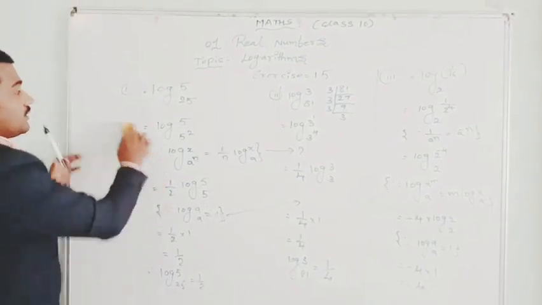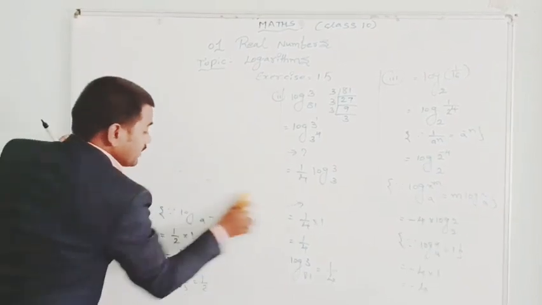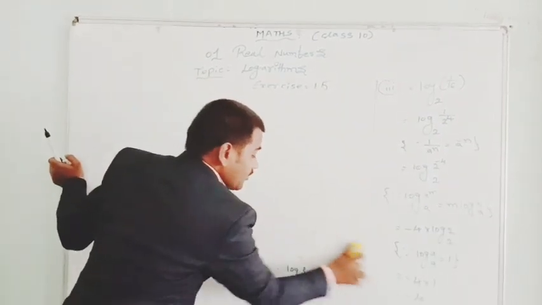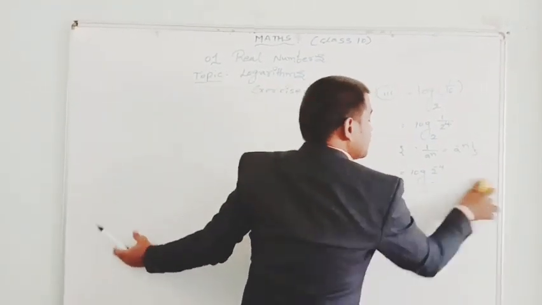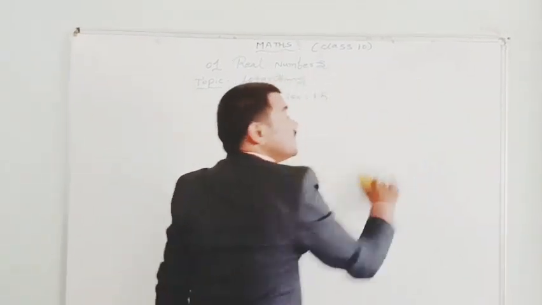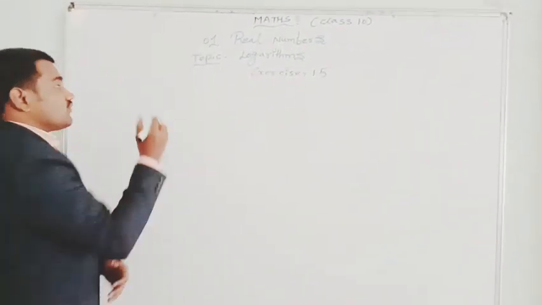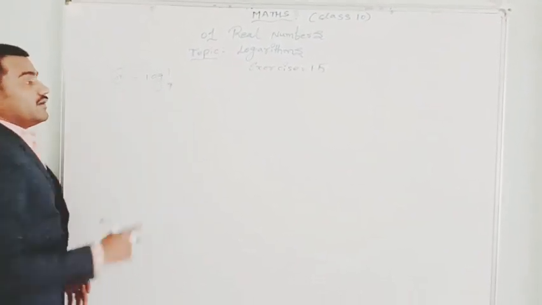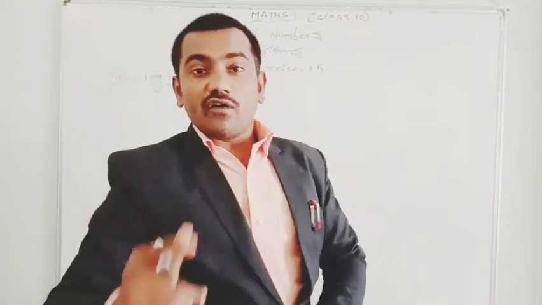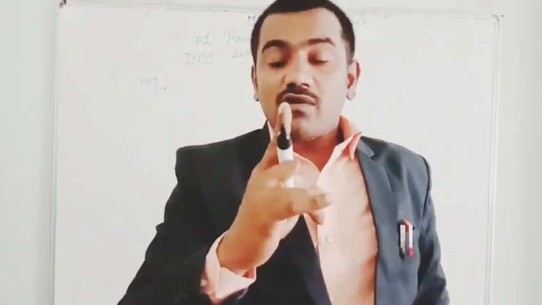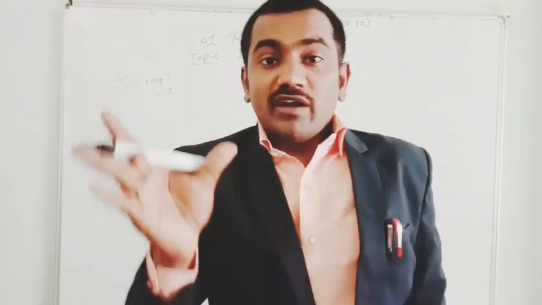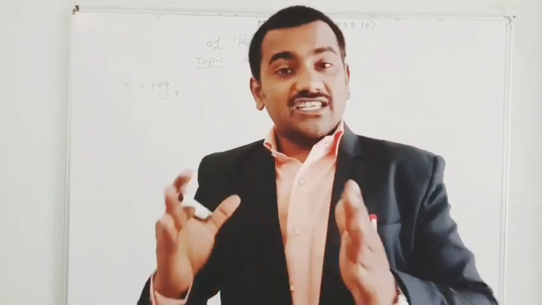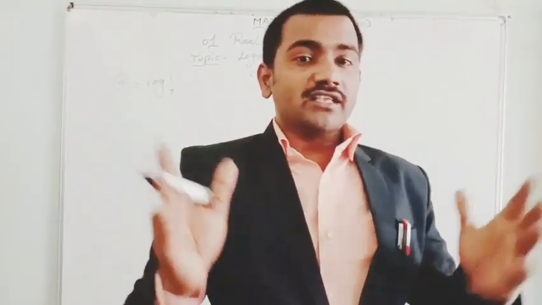Next, that is log 1 base 7. If you have a textbook, please go through the textbook to understand it better. Clearly, you can understand all these formulas, which I am choosing from the textbook itself. So the fourth problem is log 1 base 7. We have already learned the value of log 1 is always 0. In my previous video I told you how it becomes 0. So go through that video so that you can understand why log 1 of any base is 0.